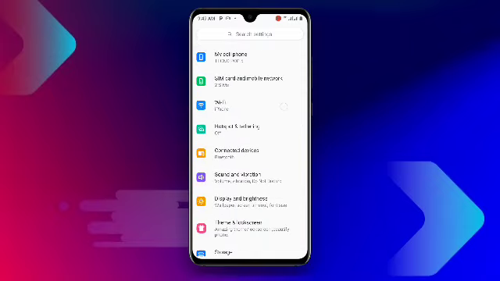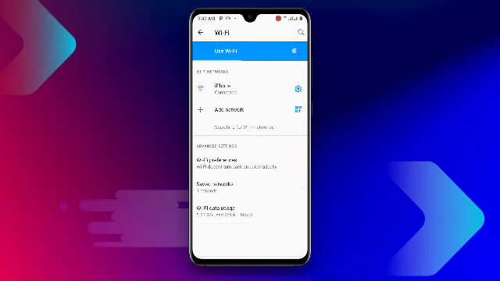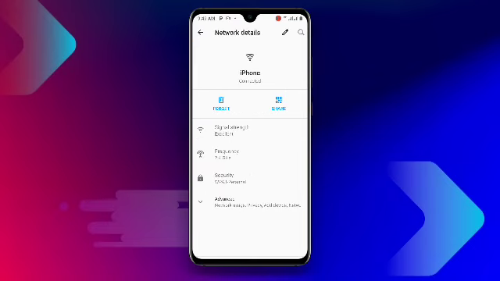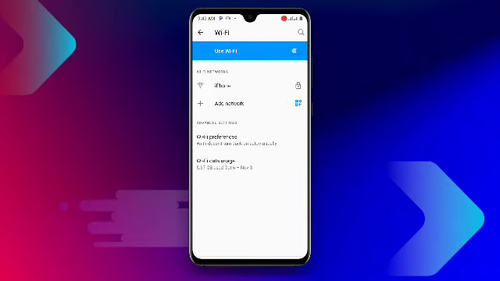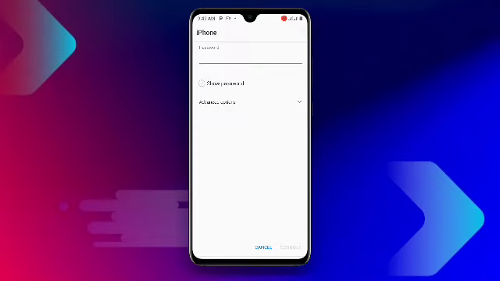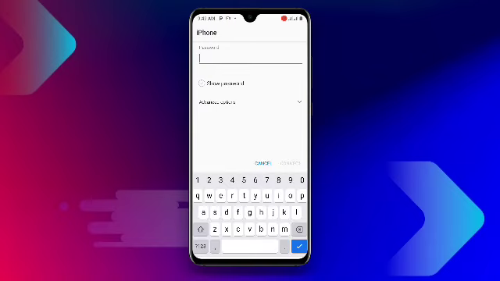Now after doing this, all you want to do is to click on the Wi-Fi that you are connected to. You can see I have connected to this Wi-Fi over here, and in this case all you want to do is to just click on the Wi-Fi that you are connected to, and once you are done, click on forget over here. Once you click on forget, it will be disconnected. In this case it will be demanding for the password again, so just enter the password once again over here,